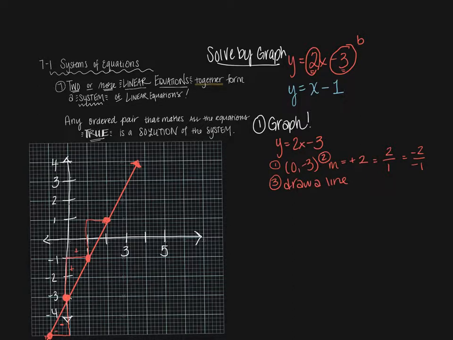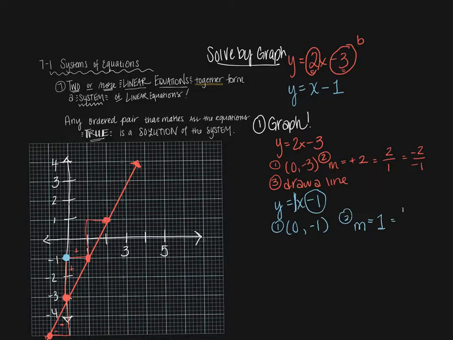Let's do the same thing for y equals x minus 1. What is my y-intercept? It's where x is 0, and notice that it's a -1. So that's going to be right here. Plot that first. The second thing to plot is my slope. My m is, oh, look at that, it's just a 1,